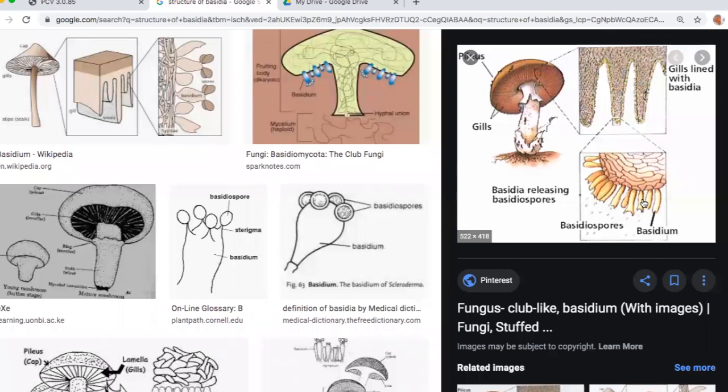Yes, all mushrooms will be gilled. We call them lamella. You might not be able to see them visibly in some cases, but still they will be present. It is the gills that are going to produce this thing called basidia. So why do we call them basidiomycetes? Because they are producing this kind of basidia.